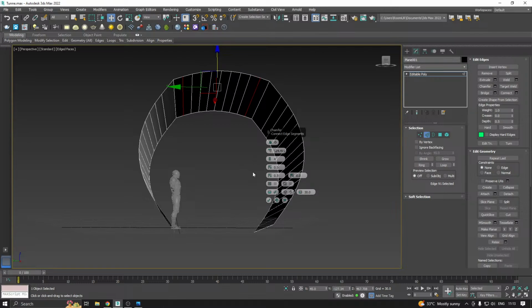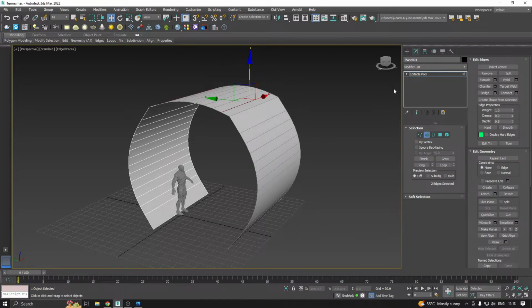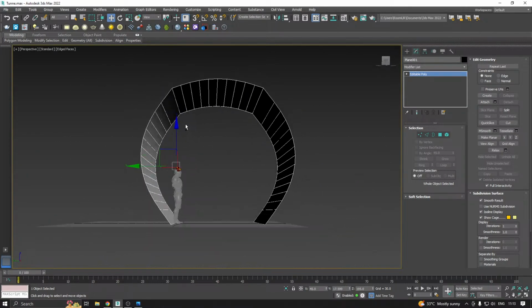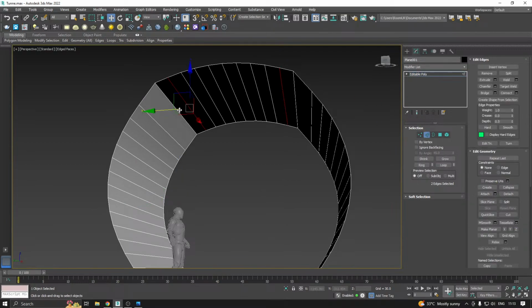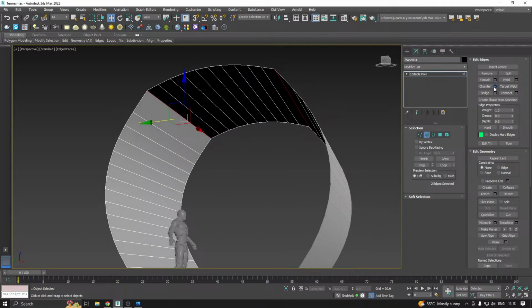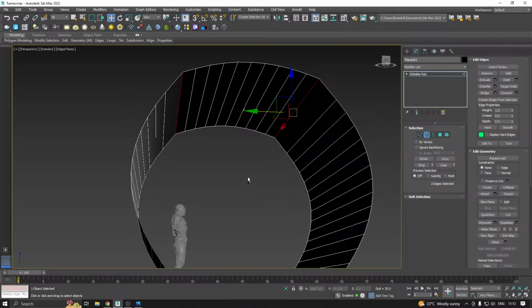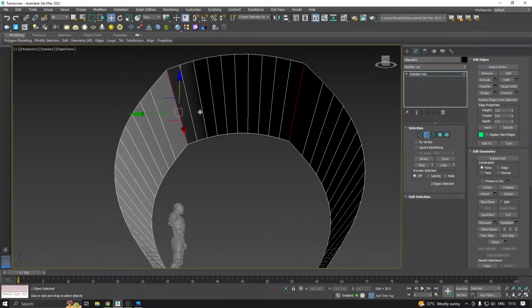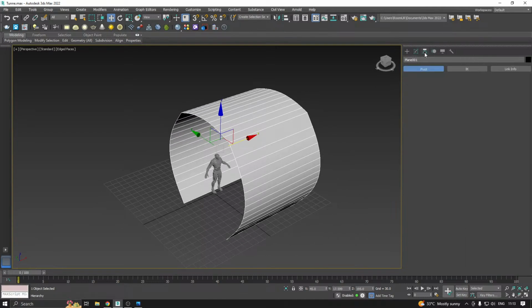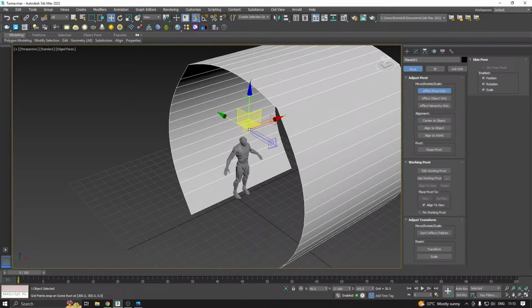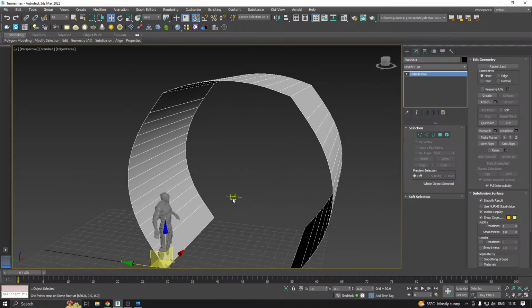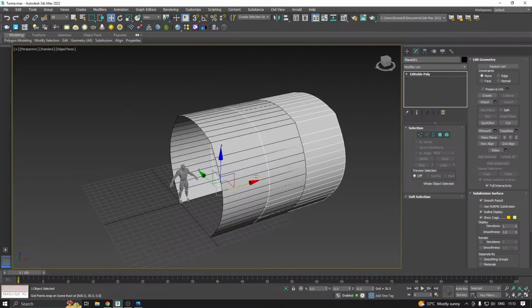Okay, maybe 4 seconds. So something like this. So it's a basic, or you can chamfer this, I mean these two edges. But I'm gonna keep it like this. Okay, I'm gonna keep this border. That will be nice. So I'm gonna duplicate this mesh, so duplicate it. Okay, I'm gonna duplicate this mesh